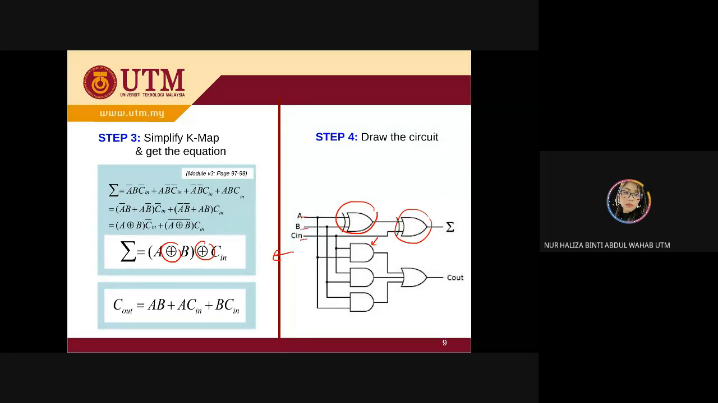You can see A and B. Where is B? High. That's why this one is slightly different. Let me check. Okay, this is A and B, and this will be B and C, and this one will be